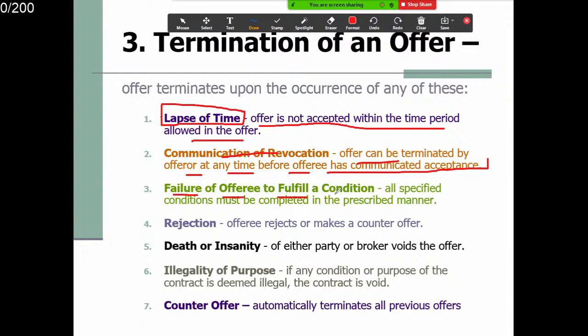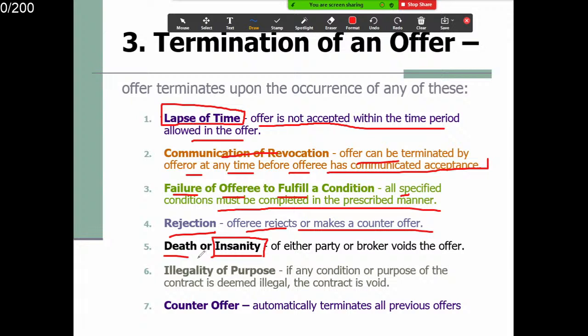Failure of offeree to fulfill condition. All specific conditions must be completed in the prescribed manner. 接受的人呢，他要知道所有的条件在里面，因为他不符合的话就没有协议了。Rejection: offeree rejects or makes a counter offer. 他说，你的价位太低了，我还你一个价，也可以的。Death or insanity of either party or broker voids the offer. 一方死了，就没有协议了。还是一方他变得脑子不清了，神经有问题等等。